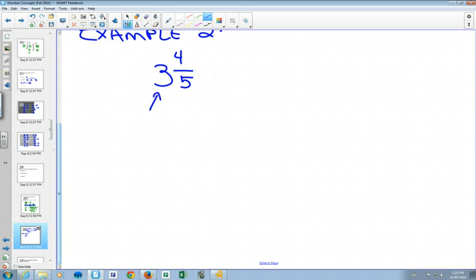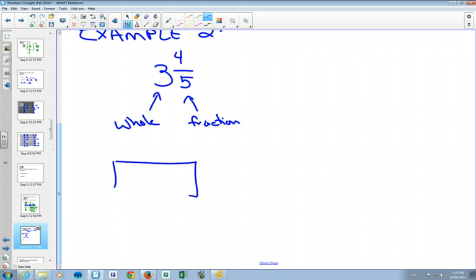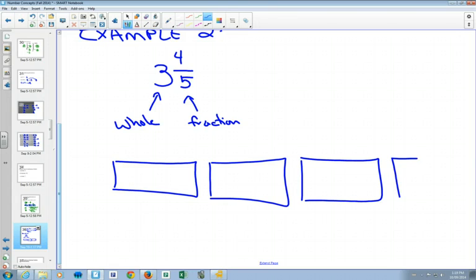This is a whole number, and this is a fraction. So if you had 3 and 4/5 chocolate bars, that would be like having 3 full chocolate bars, and the other chocolate bar, you have 4/5. So what that means is these chocolate bars can be broken into pieces that are fifths. So here's 1 full chocolate bar, 2 full chocolate bars, 3 full chocolate bars, and the 4th full chocolate bar is missing some. Now if each of these chocolate bars can be separated into fifths,